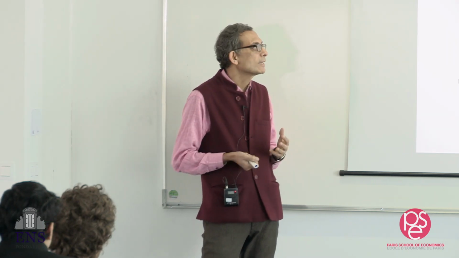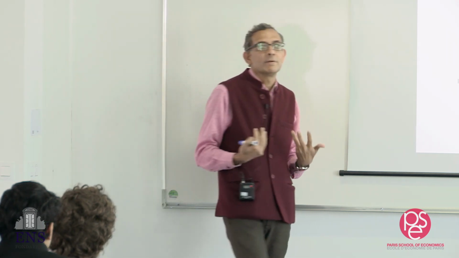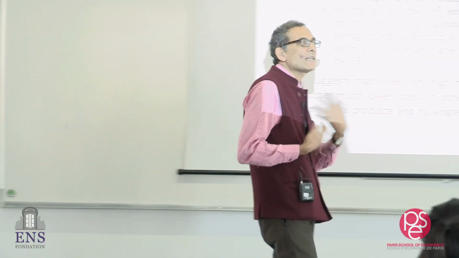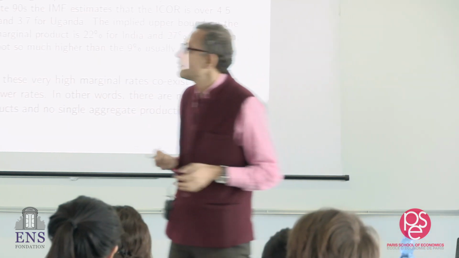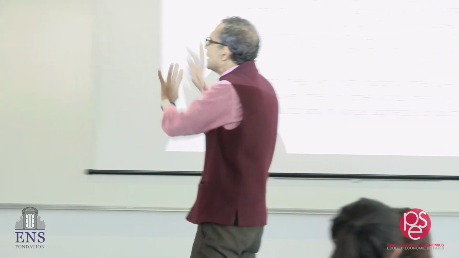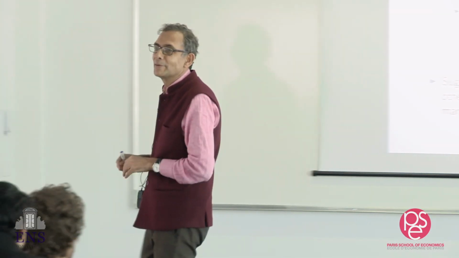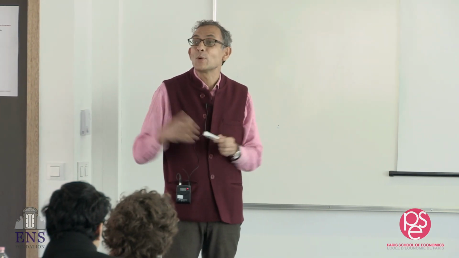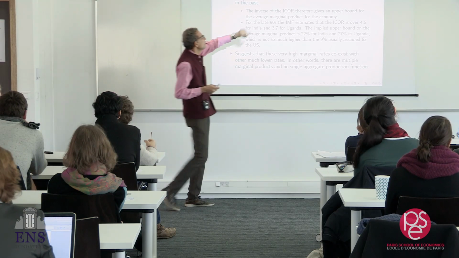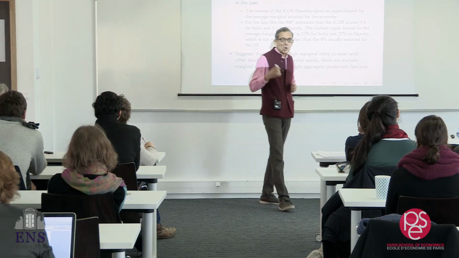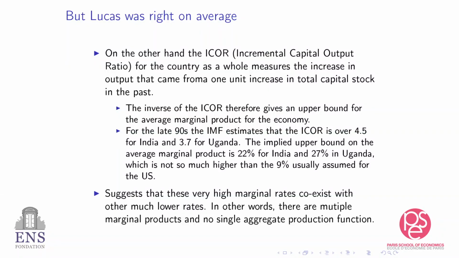Now somehow that doesn't add up to that, is the following. The IMF does one very useful thing. Maybe it does many useful things. I don't want to say, I'm skeptical, but maybe it does at least one useful thing. It produces what they call the ICOR for every country, the incremental capital output ratio. What's the ICOR? The ICOR